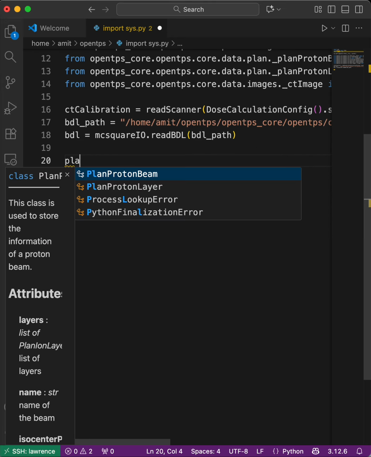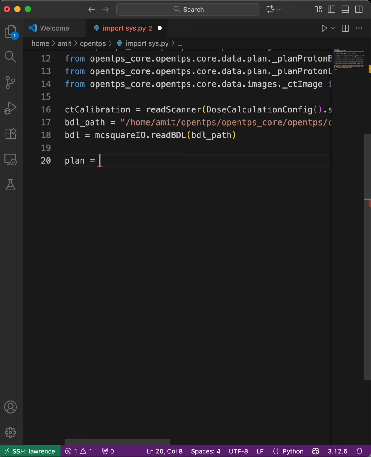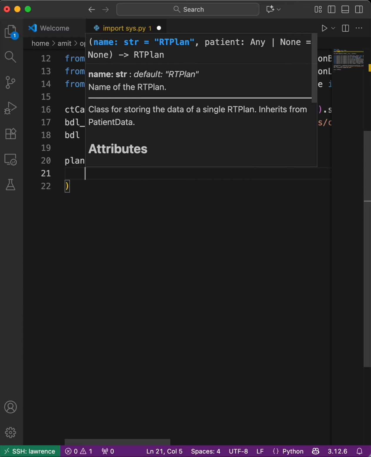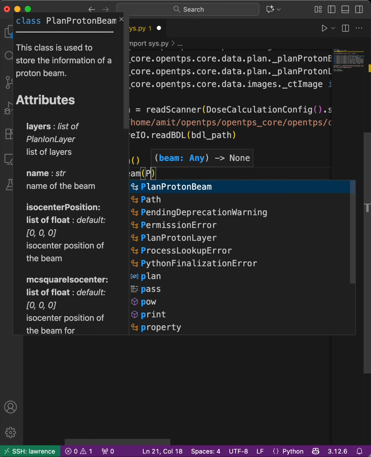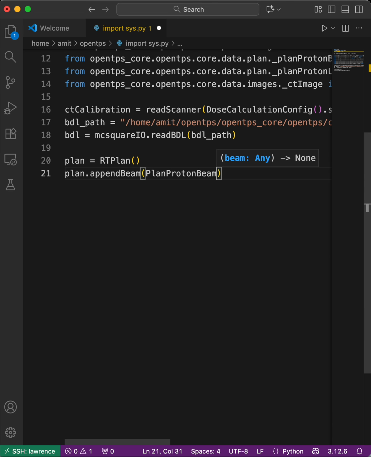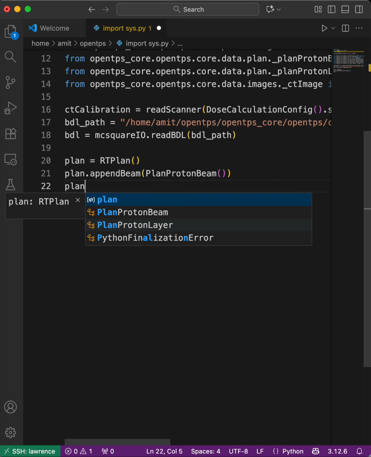Now I do the planning. I do the plan, I append the beam. My beam is a proton beam. Why don't they give the brackets? And then plan beams,